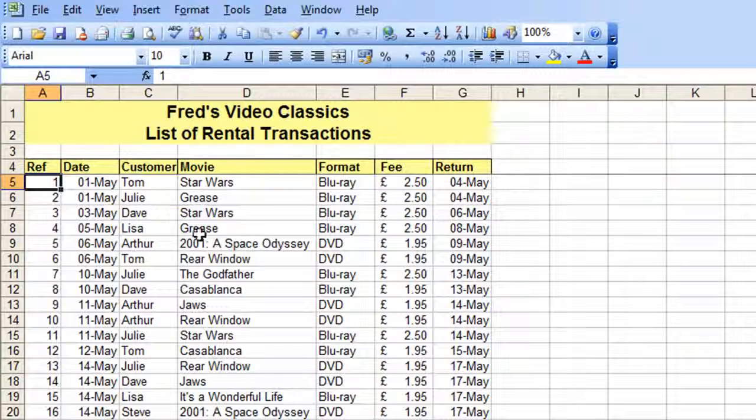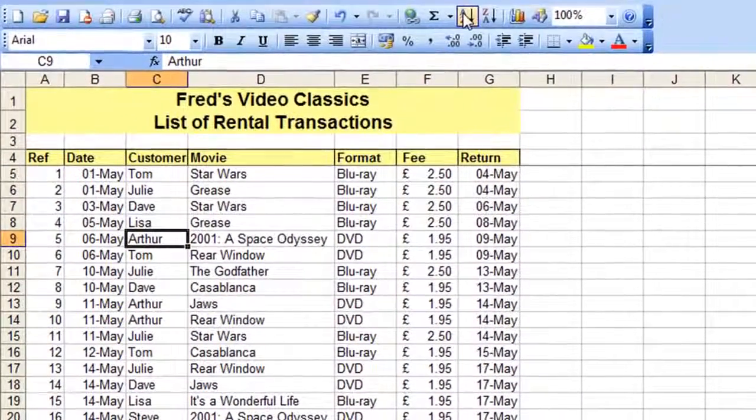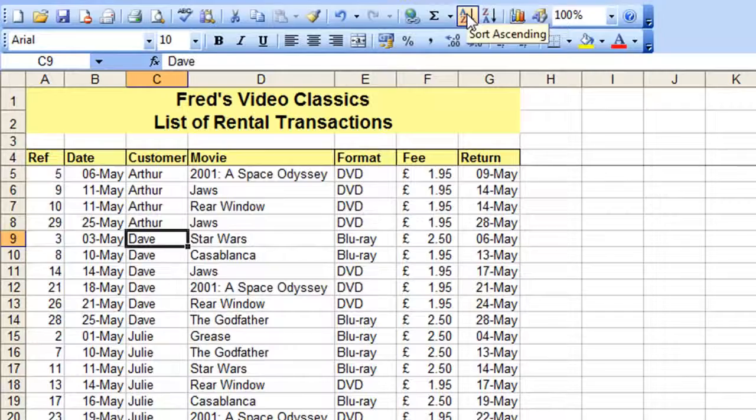What I'll do is I'll say I'd like to sort my list by the customer name. So all I need to do is click any cell in that customer list there. On the toolbar I've got two options, A to Z and Z to A. Hopefully they're self-explanatory. So I'm going to click the Sort Ascending button and you'll see my customer names are sorted